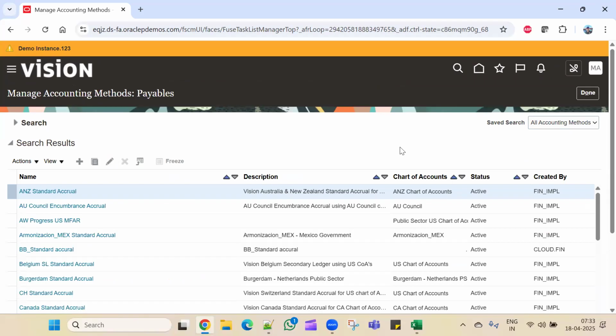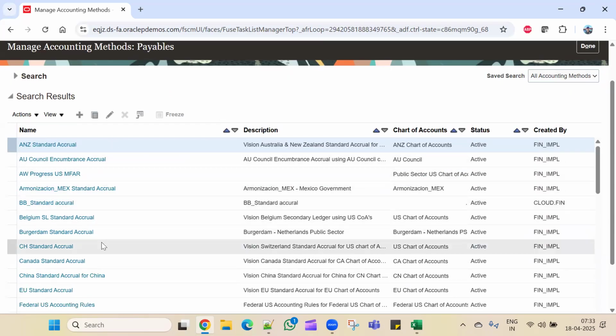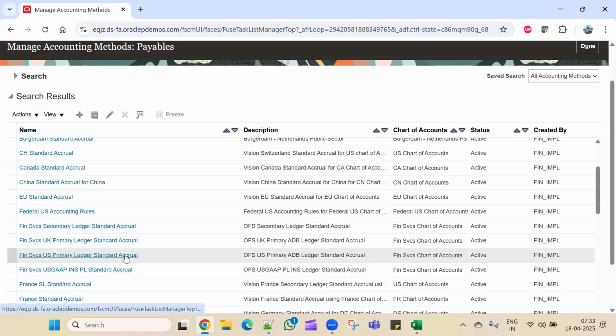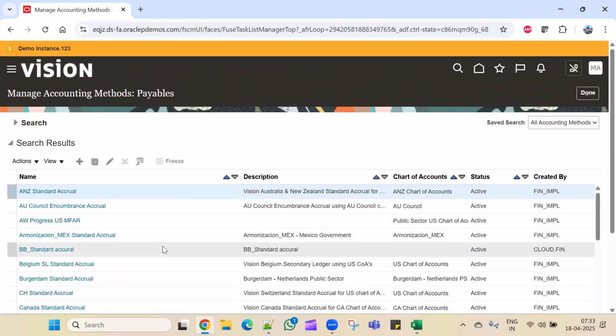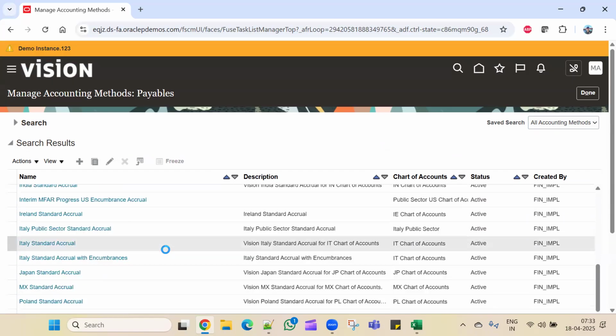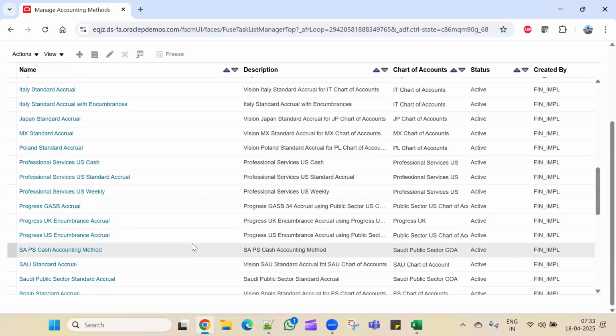In very rare cases, based on customer requirements, if they need a different accounting method or different accounting rules, then you can create one. As of now, we have worked on a couple of projects, and I have never seen them change anything in the accounting method. You can see there are different types of accounting methods created. These are the custom-created accounting methods. If you want, you can create them based on your requirement. So generally this setup will be done